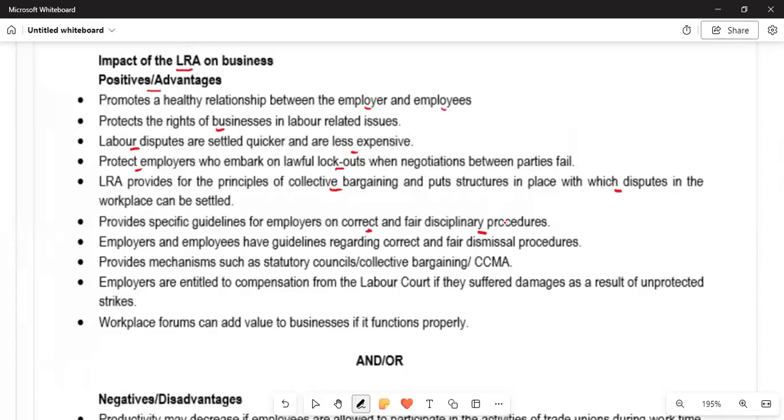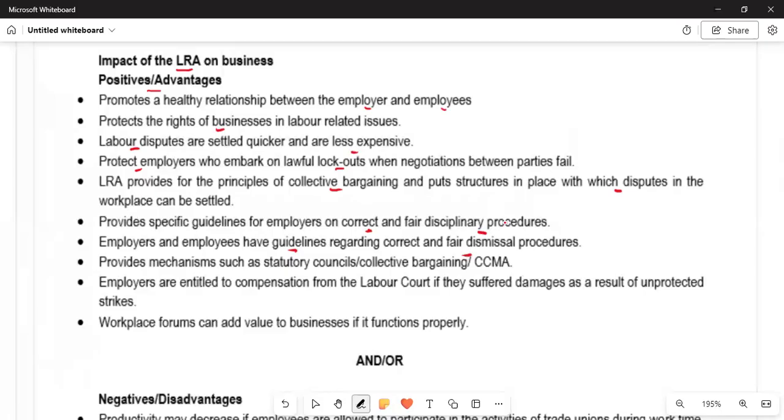And then let us understand that employers and employees have guidelines, and these are the policies. We are saying that policies are the declaration of intent to do something or to have it done. We must understand that our constitution is a guideline in the country as a whole. And in this instance, we are talking about the correct, fair dismissal procedure. You don't just dismiss someone in an organization, but you've got to have realities which are proven beyond all reasonable doubt to ensure that the particular employee can be dismissed.